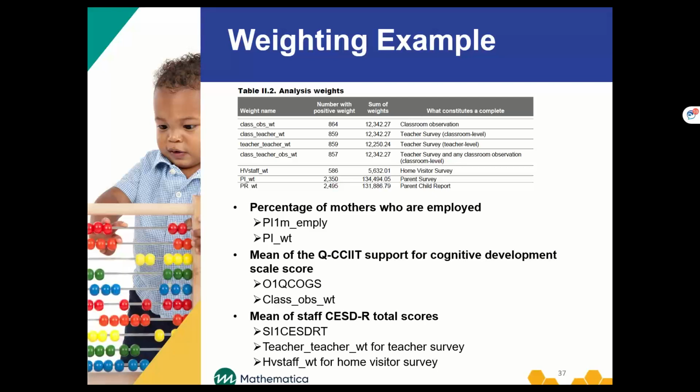Here we're going to go through a weighting example. This list of weights is a small sample from the User's Guide, table 2.2. The names of the weights are as descriptive as possible to identify how they apply. For example, if you would like to find out the percentage of mothers that are employed for children in the Baby Faces 2018 study, you would take the mean of